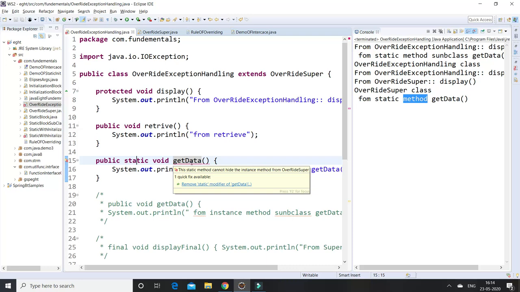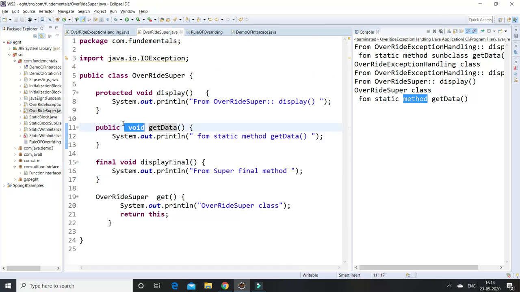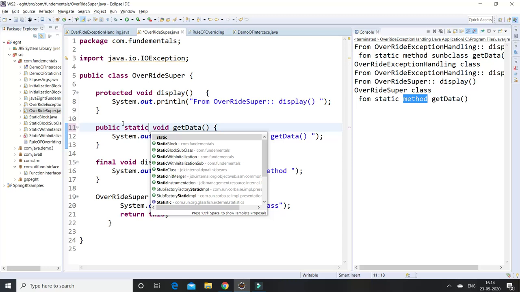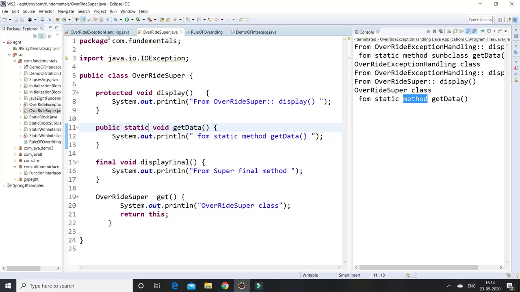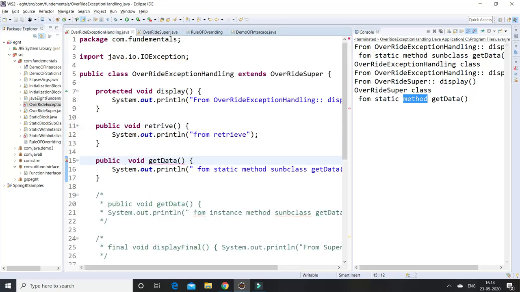Similarly, if I change it here to a static method, I am declaring the static keyword here. This also shows some exceptions in the subclass level. So an instance method cannot override a static method from the super class. These are the rules.